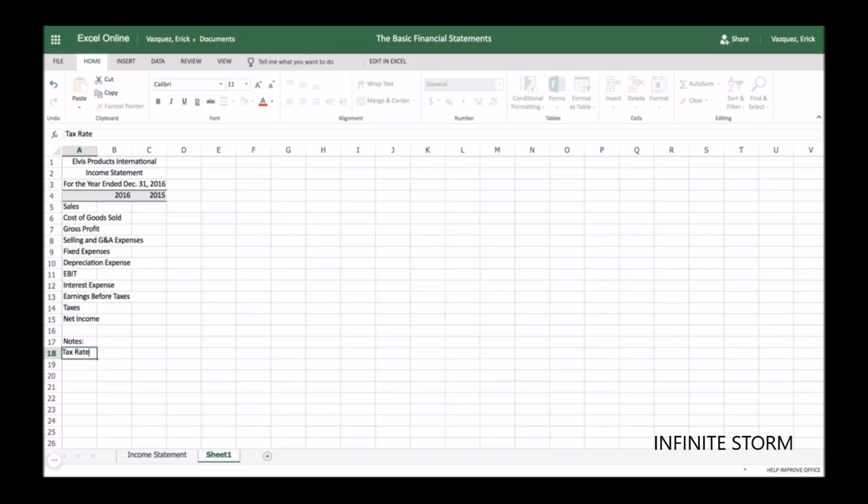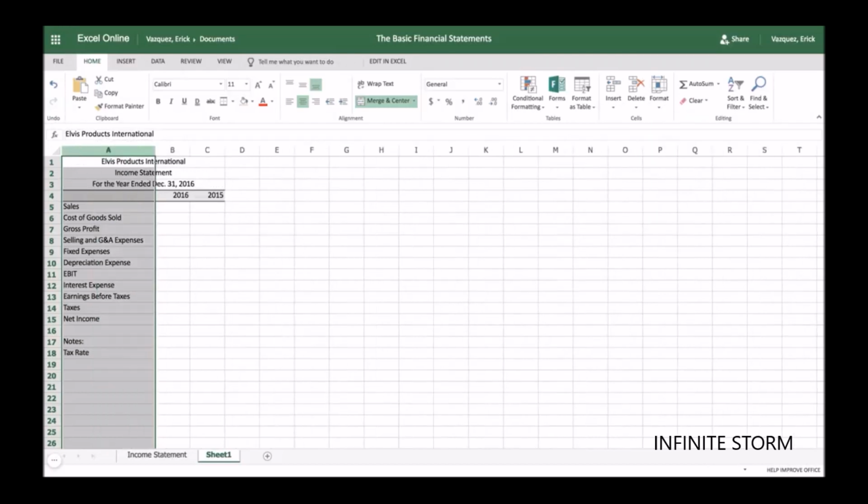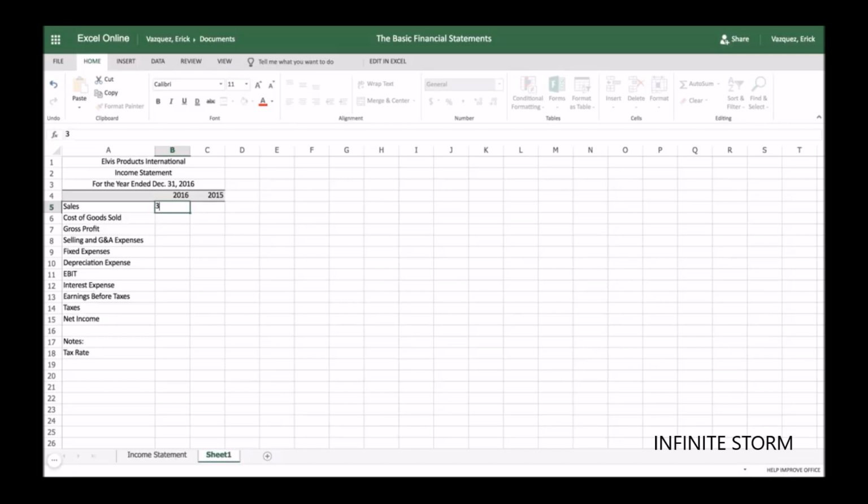Okay, so now that we have the titles, you can adjust by clicking the column and double clicking the double arrow. You get a nice adjustment there for all the separate titles. Okay, so the next step is to start to input the financial data. The first thing you need to know is the amount of sales we had for 2016. In this case, we had $3,850,000,